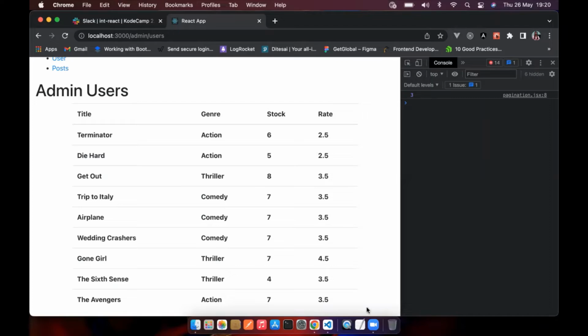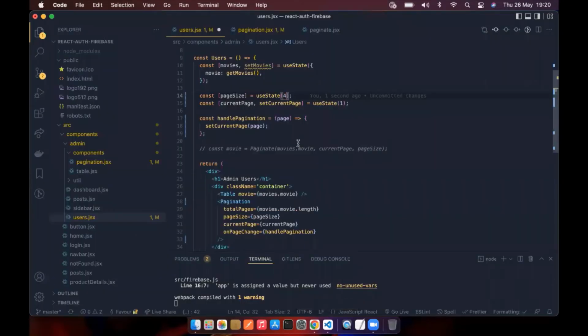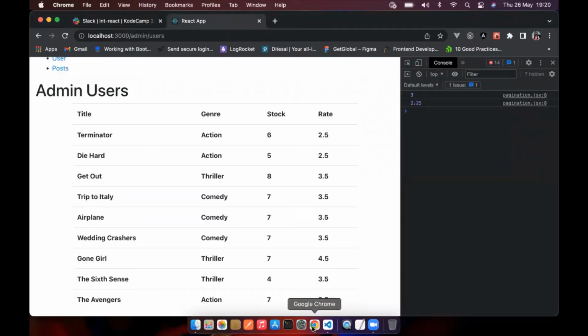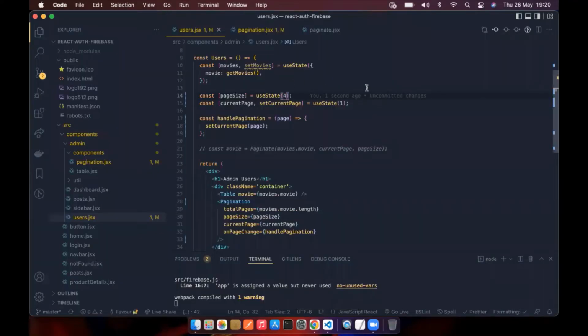Let me just say it. But now, assuming it was 4, you see that it can divide this 9 items into 4 pages. Instead, it will be giving you a figure like this, which doesn't really make sense. So in order to avoid such a thing, all you need to do is to round up this number for us to get a whole number. That's why I use this